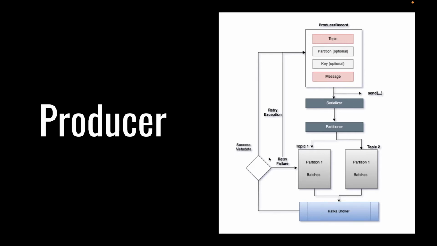Then if the error is a retriable error, the producer will retry sending the message again. After retrying, maybe the message can be successfully sent. For example, if the error is a network problem or connection error. If it's successful, then success metadata will be returned to the client that the message has been